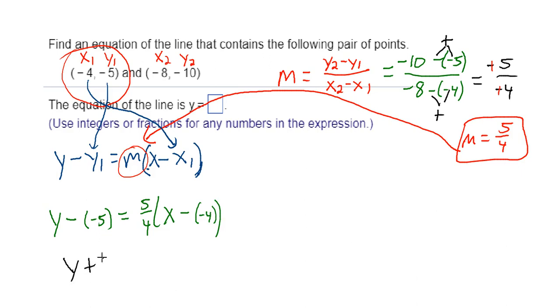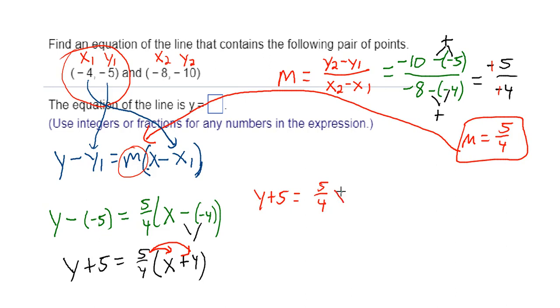This becomes y plus 5 equals 5/4 times x plus 4. And I really recommend doing that before you distribute, because especially if the slope is negative and you have the double negative here, that becomes really complicated and confusing, and I've seen students make mistakes with that. So simplify that first, then we'll distribute the slope, and we're going to get y plus 5 equals 5/4 x